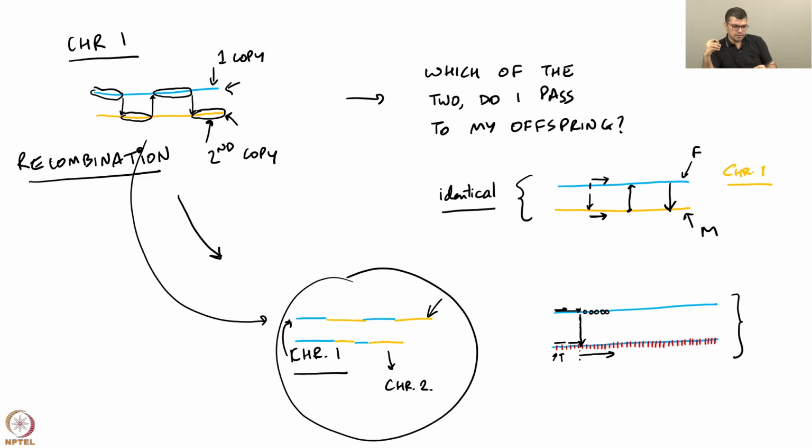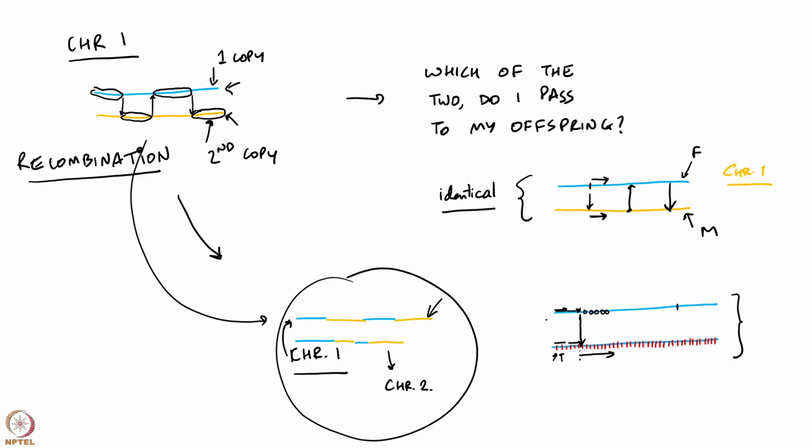As a result of that, the variation that is generated in complex sexually reproducing organisms such as us is largely through recombination. Of course, mutations are also happening, newer mutations are coming up all the time, but their contribution to the variation that exists in a population is relatively small as compared to the variation that already existed, and then recombination just creates different permutations and combinations of that entire process.